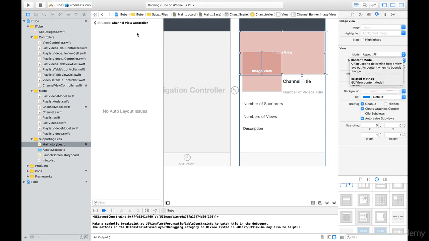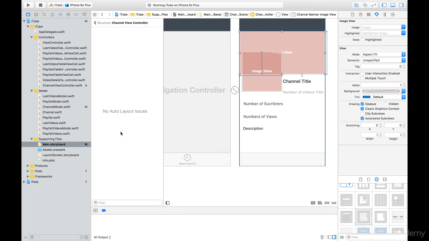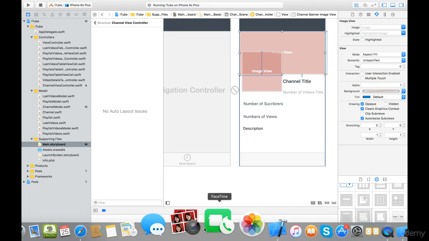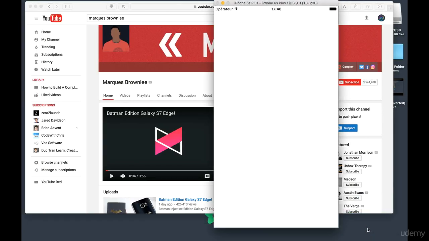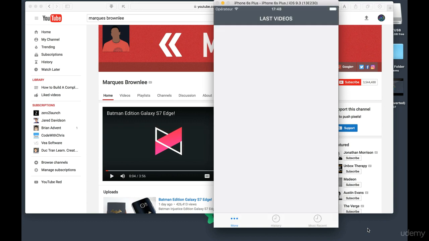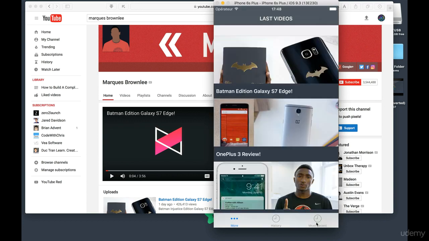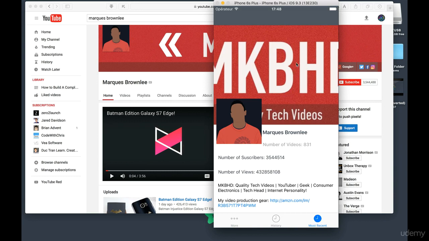Aspect fill. Let's wait. Let me see. Okay guys, so now it seems to be better, right? Seems to be better. Now you have the number of videos in here and everything, and